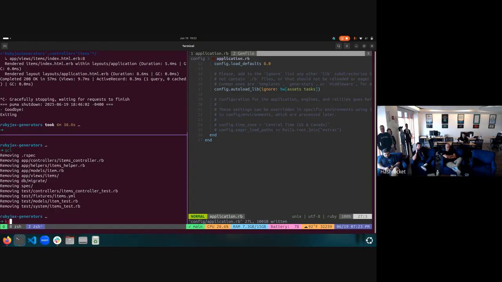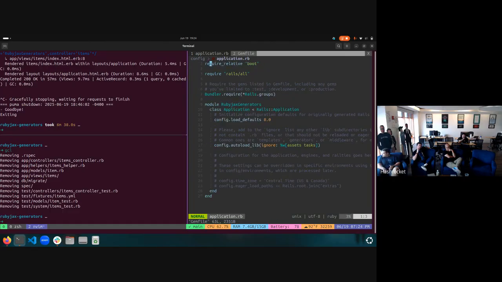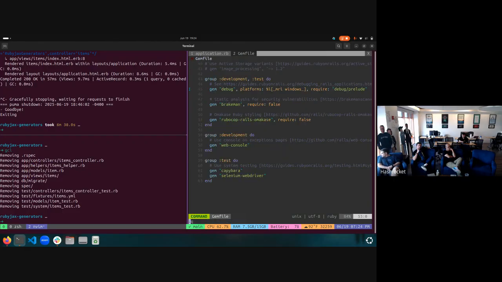But we've also shown RSpec. The RSpec install itself is a generator. Devise, if you ever use Devise, has its own set of generators. So there's plenty of generators we probably use from day to day. But for making our own,